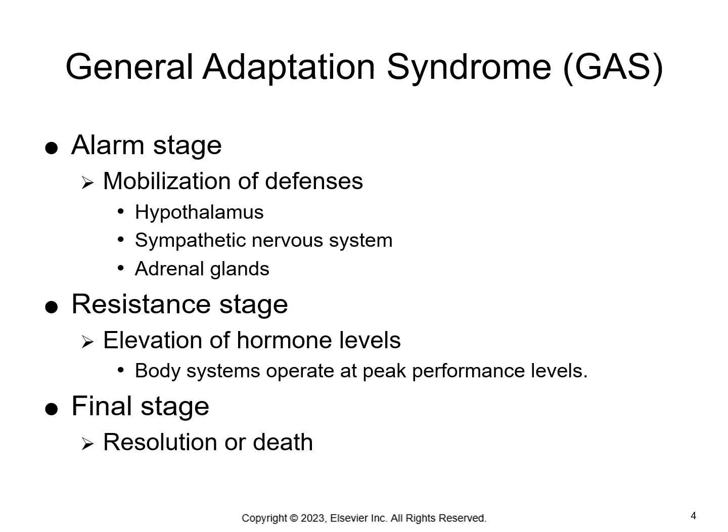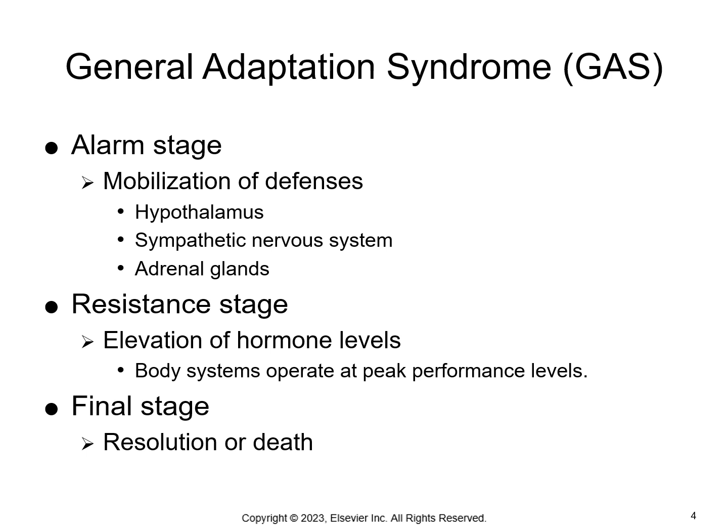Now, Selye says there are 3 stages, and now we're going to talk about those. So, the first stage is going to be the alarm stage. During that alarm stage, body defenses are going to be mobilized by that activation of the hypothalamus, the sympathetic nervous system, and those adrenal glands. So, this is when that cortisol is being released by the adrenal cortex, that epinephrine is being released by the adrenal medulla. The alarm stage is happening when your body responds to that stress and that nervous system is activated, triggering those physical reactions that we just talked about.